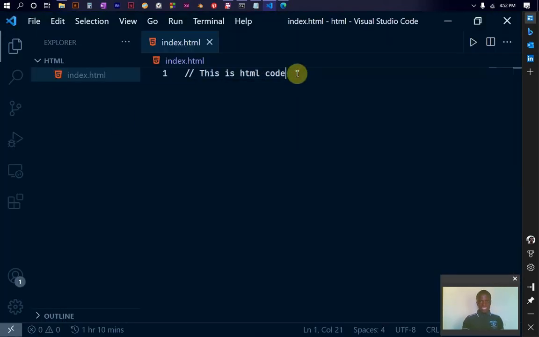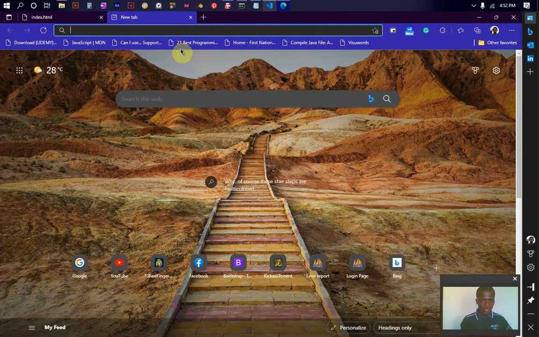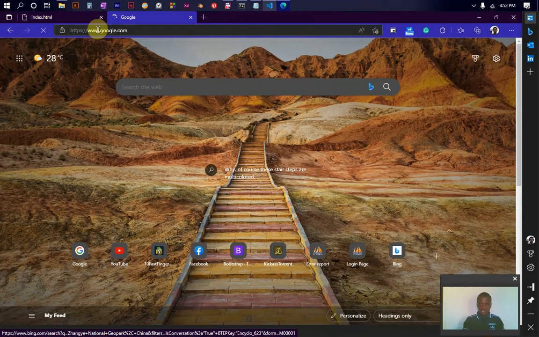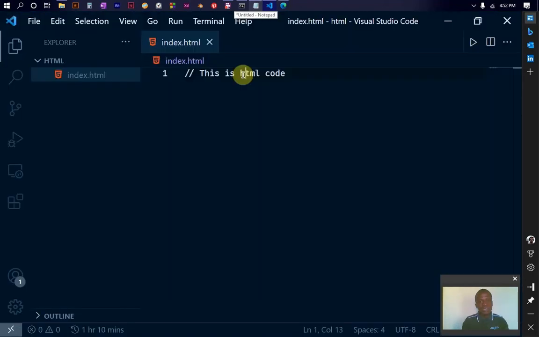So what exactly do we need to do for us to create websites like, let me say, google.com, something like this? Websites like this, google.com, or any other website. What do we need? Because as you can see in here, I have just this code. This code needs formatting. If I write Google here